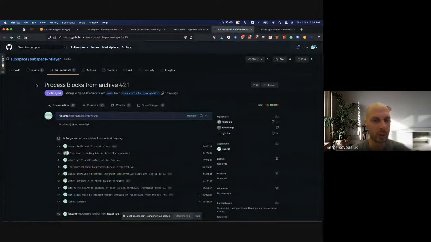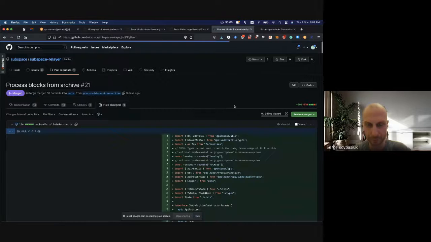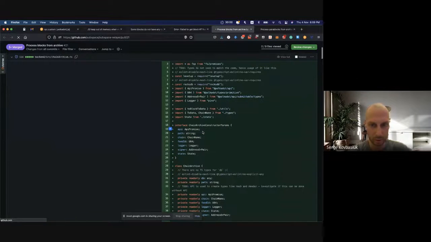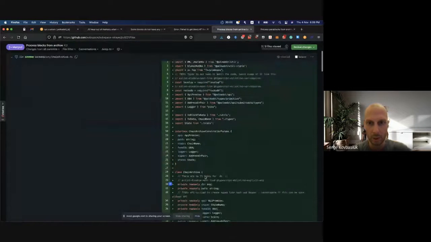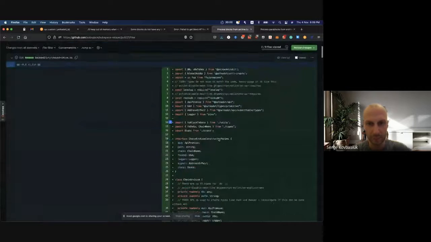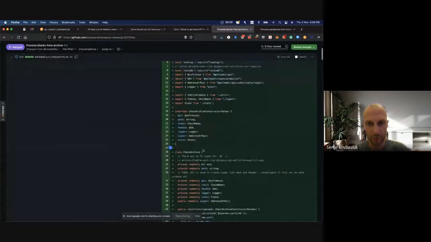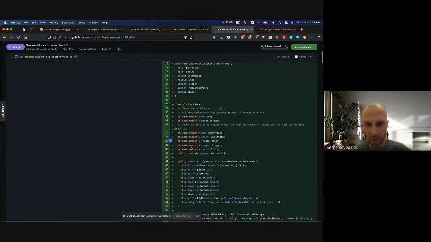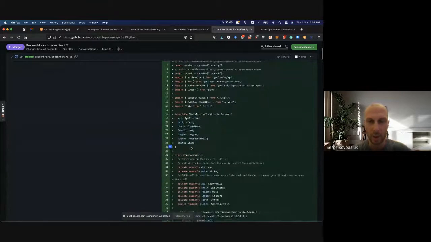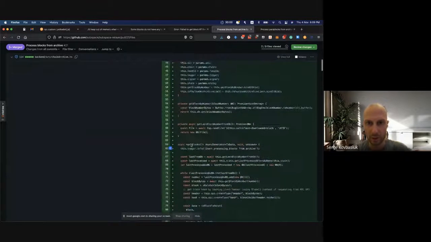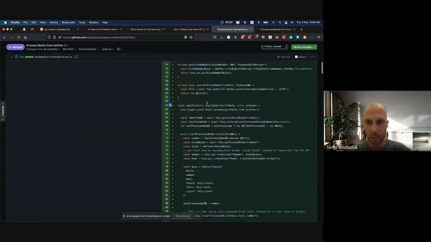Okay, so the next PR was process blocks from archive. In this case, Kusama blocks. And yeah, so we created a new class. It's called chain archive. Nazar created it and I have extended it. And basically what it does, we have a method to get blocks from the database, from the RocksDB, by number. And we also